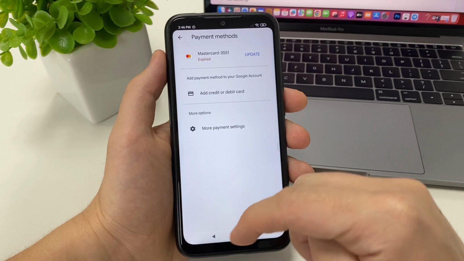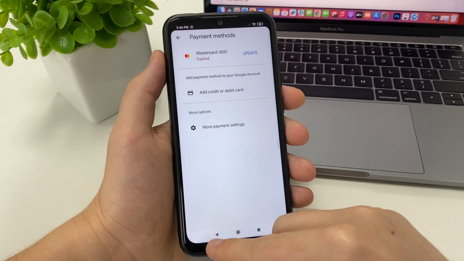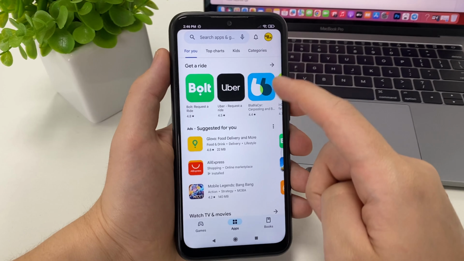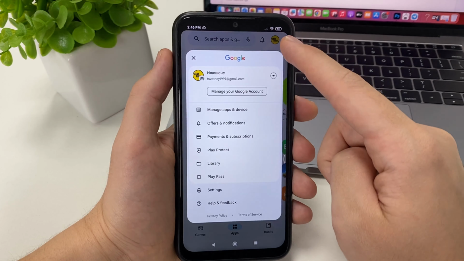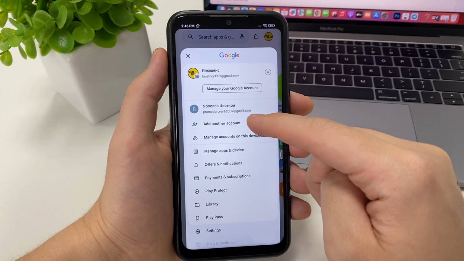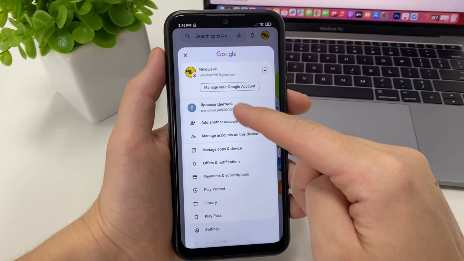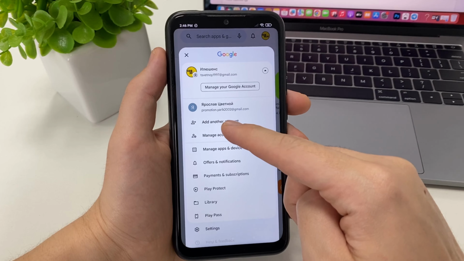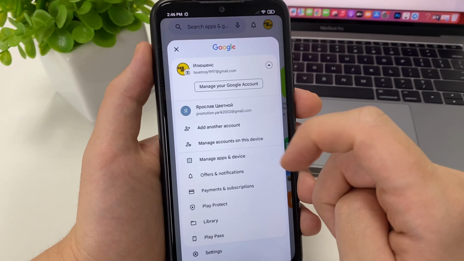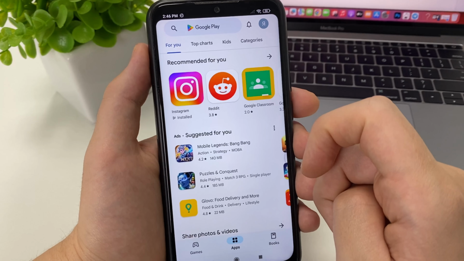In order to change that, the best way to do that is to simply log back out. Again, in the upper right-hand corner, I click here. And here I click Choose Another Account and choose another account if you have one. If you don't, you click Add New and add it. I choose my other one.